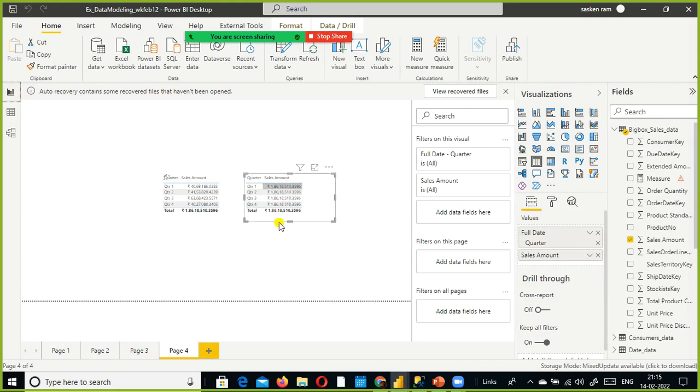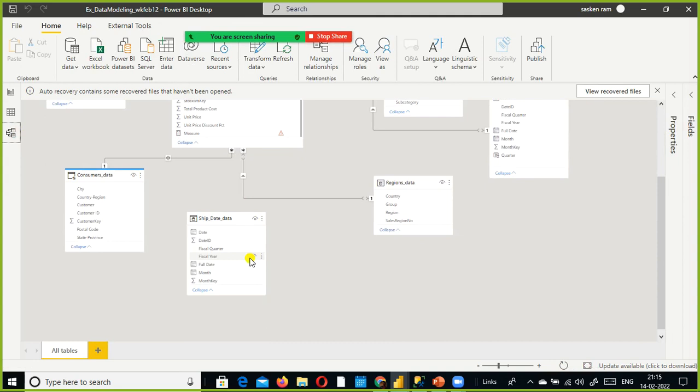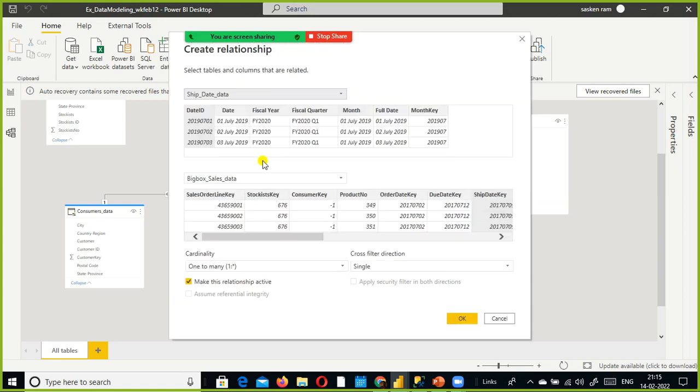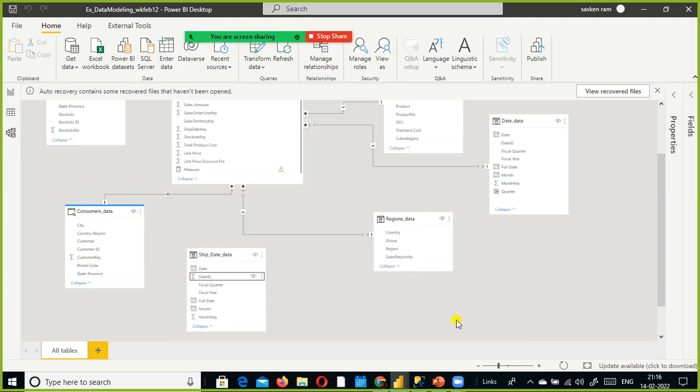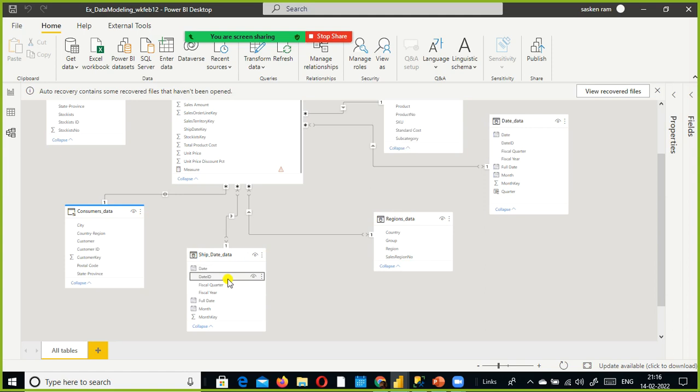Look here, it is not doing the filtering. It is repeating the same value for each quarter. Since you need to have the relationship, yes, we have done this. By creating the duplicate or the date table, we are able to eliminate the need of creating an inactive relationship